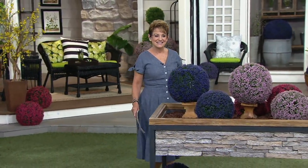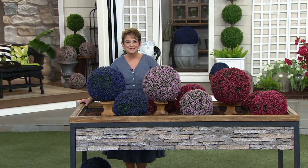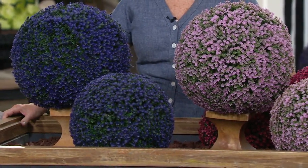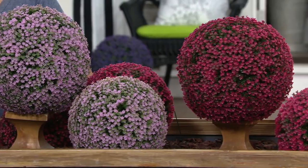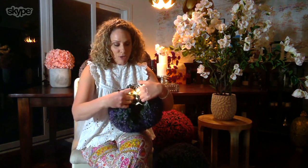I put them in front of my house. I have really tall urns in my front door, and I have tall trees. And then I just put a couple of the spheres below, because I love to have something down low and then something up high. But if you love light, like so many of us do, I certainly do not believe that light is just for Christmas. I feel like when you're sitting on that back patio, to have twinkling lights, it's just like the fairy flies flying in the sky. So you can take the fairy lights that you bought from Bethlehem Lights, you probably have a million laying around the house, and you can either just nestle them right inside your sphere, and you know, you're gonna